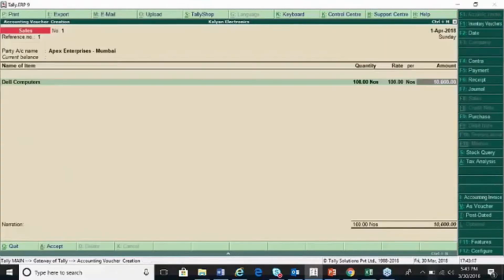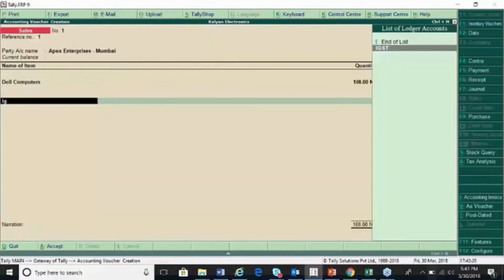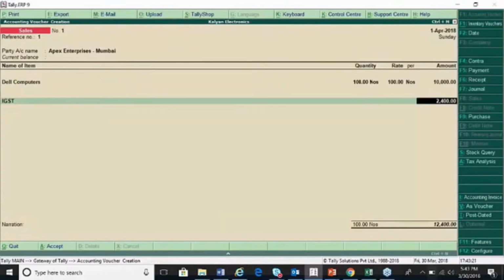the value here is just 12,400, which is below 50,000. The rule says the consignment bill should have a value of more than 50,000. Then it's a requirement of e-Waybill. Otherwise, it's not required. Right? So now let us see how Tally identifies whether for this an e-Waybill is required or not. Now you can see there are no other options provided. You can just save this entry.